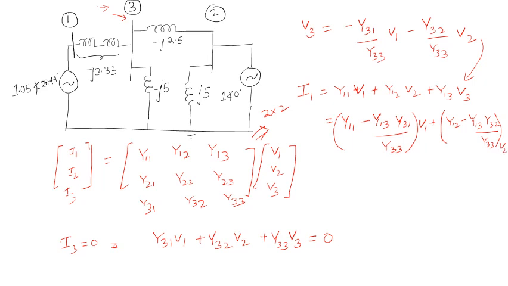So you will get this equation, and similarly if you put I2 like this equation, that is your Y21 V1 plus Y22 V2 plus Y23